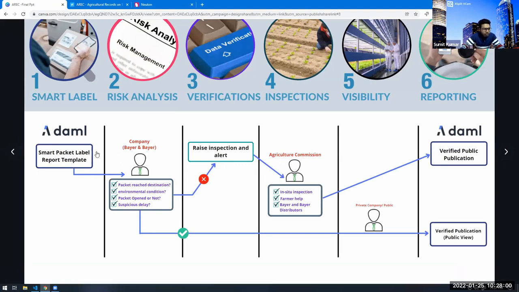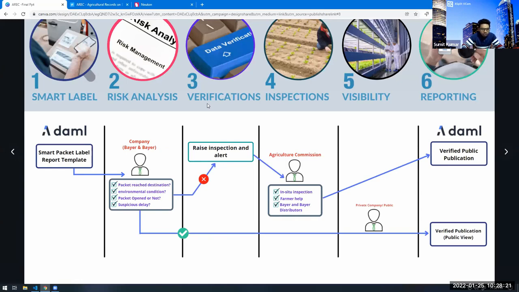So whenever you are talking about an agriculture product, the farmer has the right to know the information about the company, the product usage, the harms and the negatives or the side effects. In order to make that an immutable structure, we just need a blockchain. That is what DAML is going to provide us.